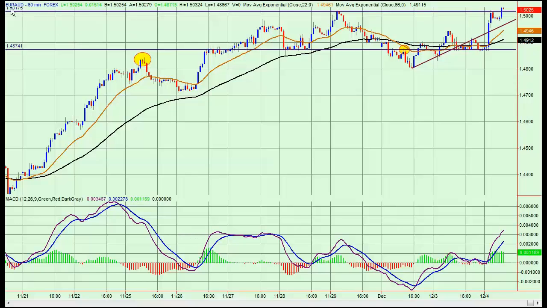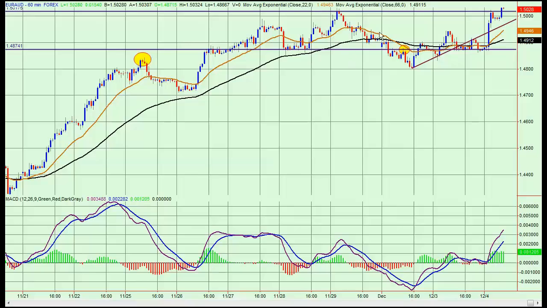We're still looking at the Euro Aussie. The reason being is that we can gain a good lesson from this if we look at order flow and what's actually happening in terms of price movement and price action. Very much buzzwords that everyone seems to use, but if we look at it from a practical point of view, originally we were looking at a sell around about this 150 area,